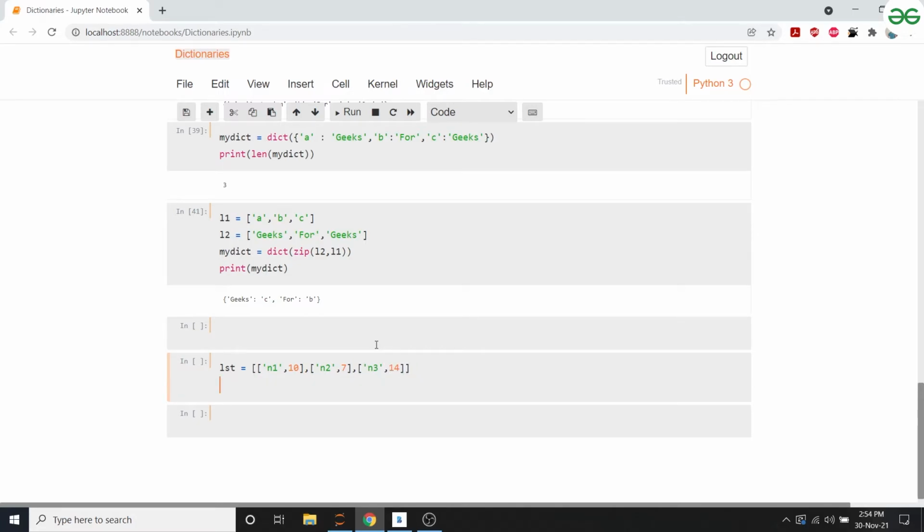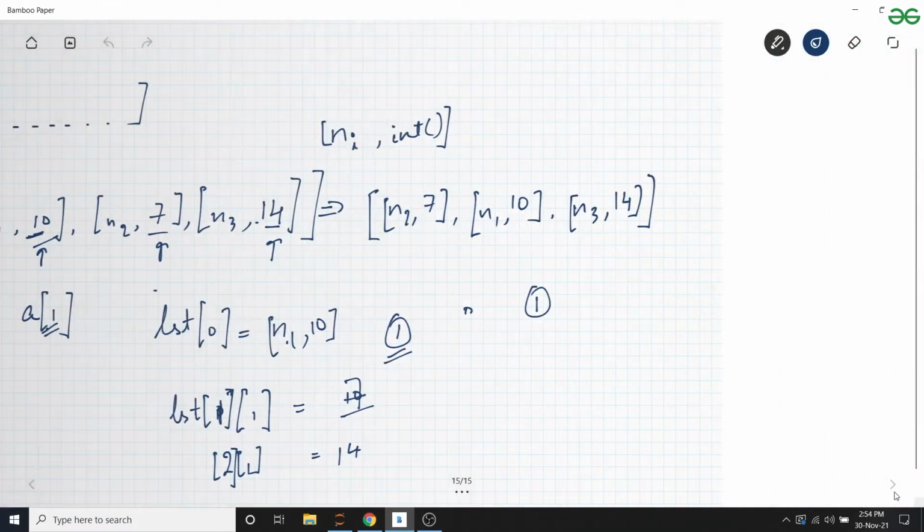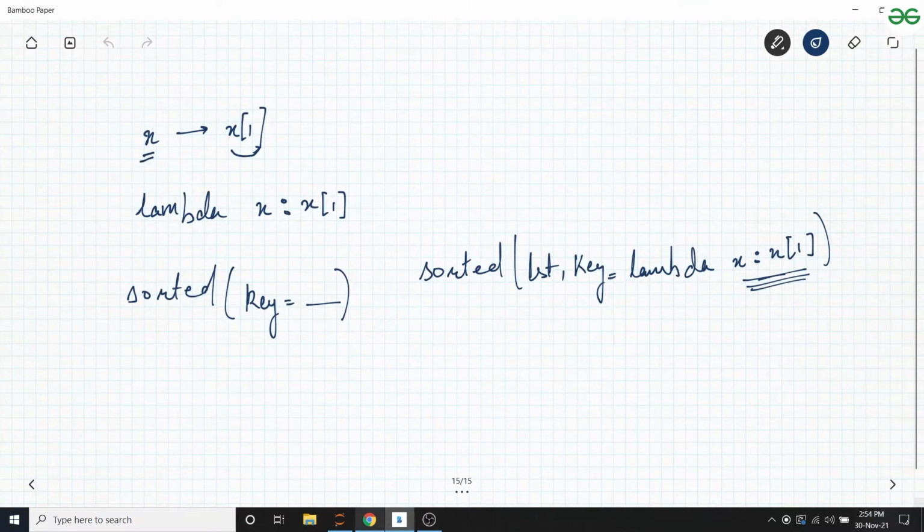Now the sorted list is equal to sorted of list, and key is lambda x goes to x1, right? This is what we discussed here.